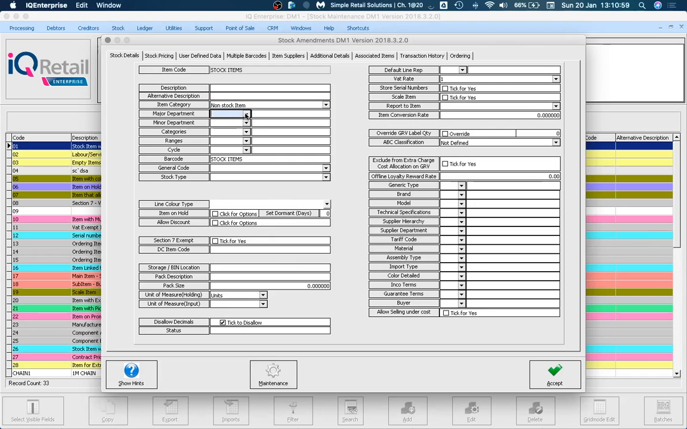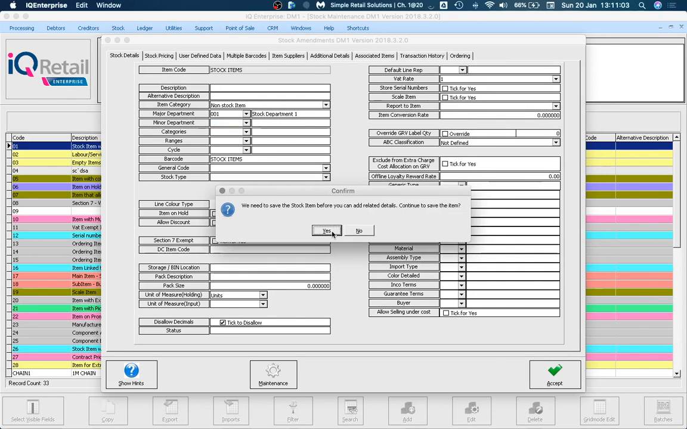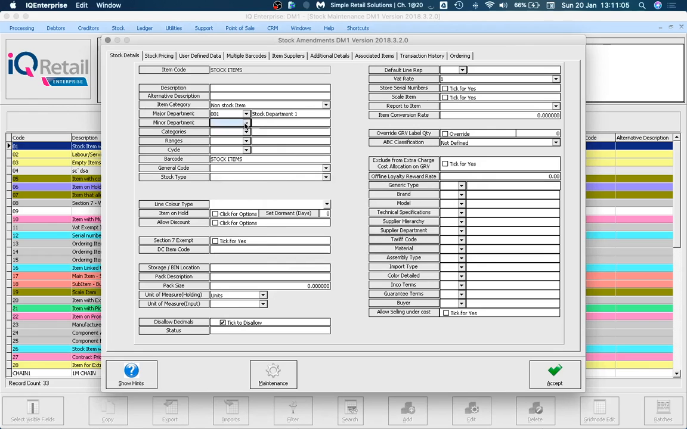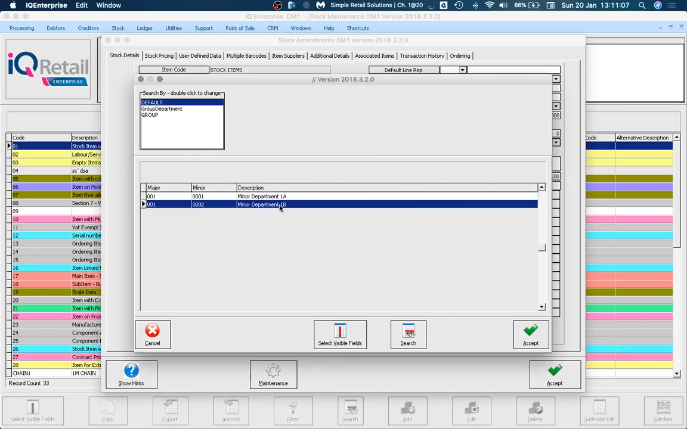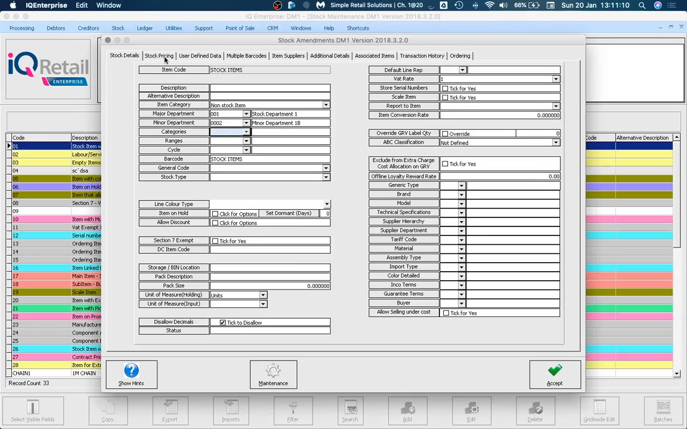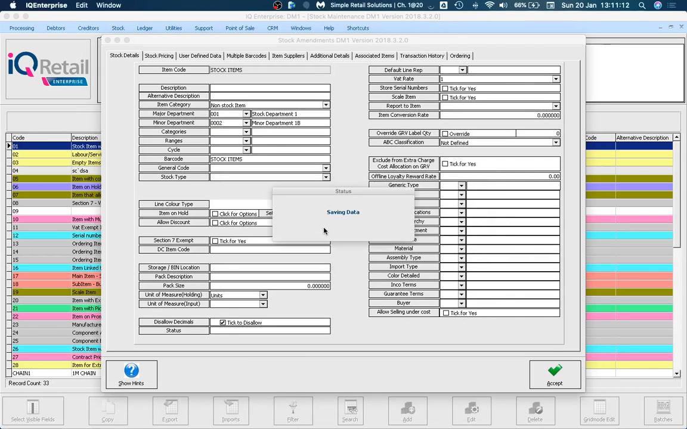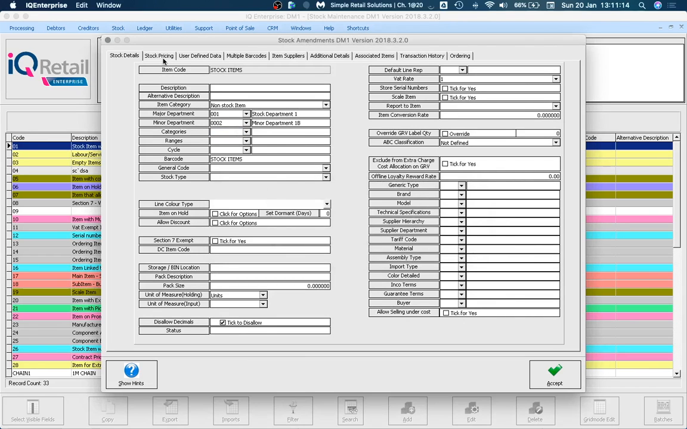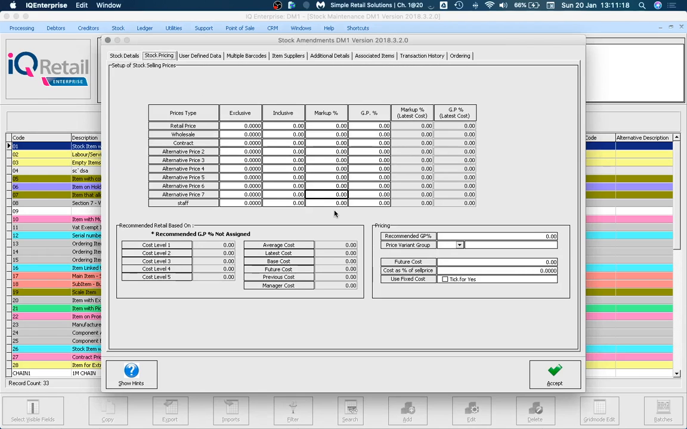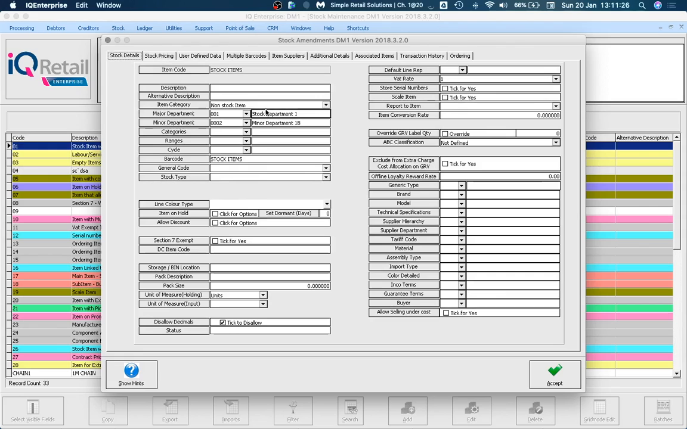Okay, so let's just do any department. Under stock pricing, if it's a non-stock item, you will see that these fields change. If I change it back to a stock item,